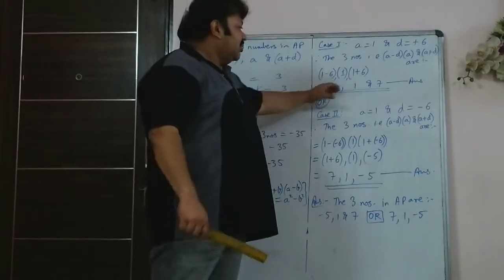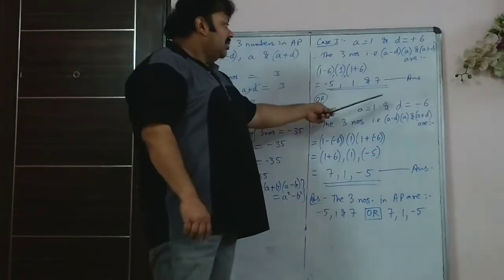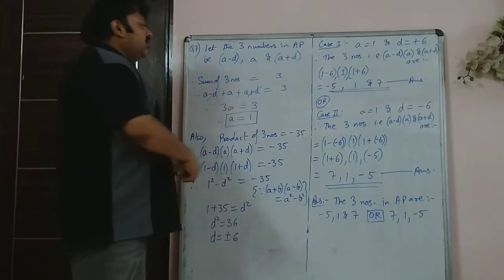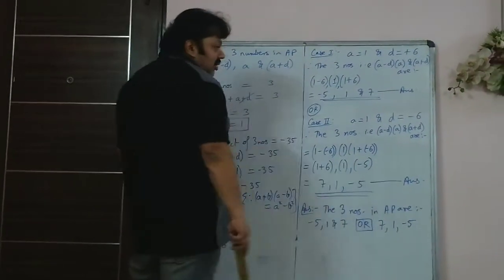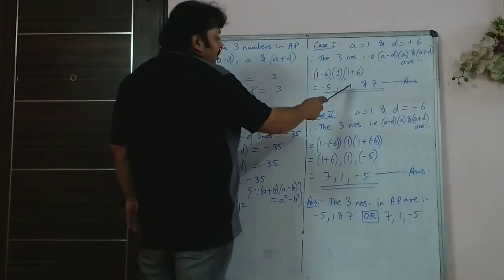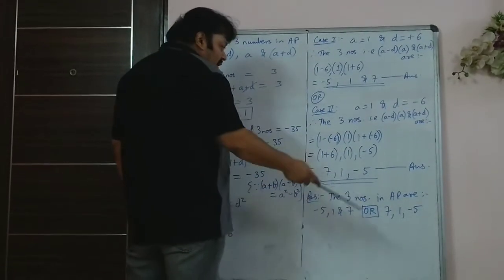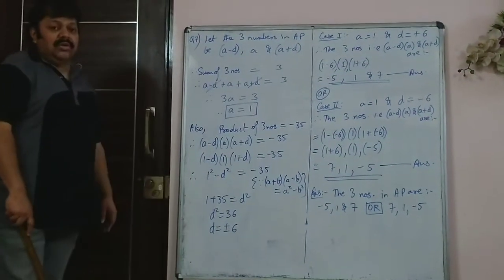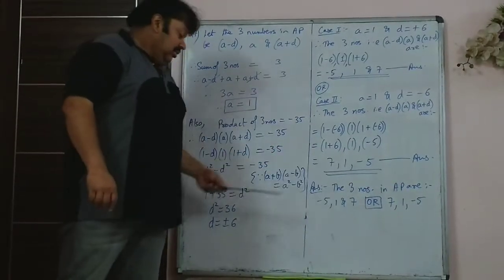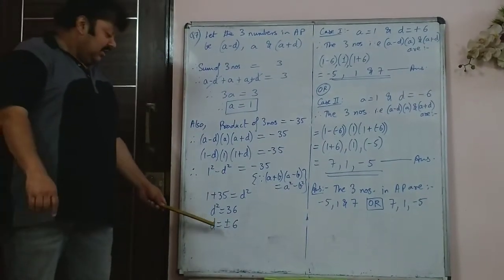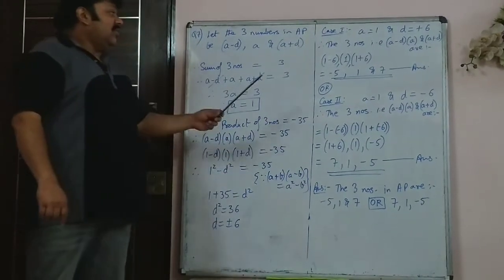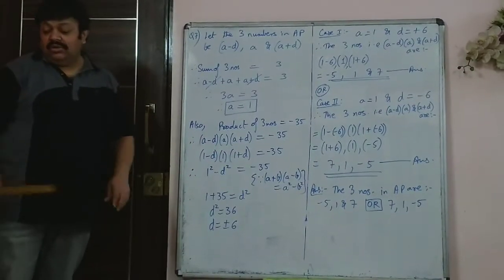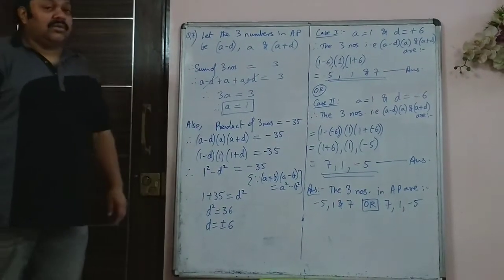Always you will see that if this is minus 5, 1, 7, the next set of numbers, that is when you substitute minus 6, it will be the reverse, 7, 1 and minus 5. So both those should be written, that the three numbers in AP are either minus 5, 1 and 7 or 7, 1 and minus 5. These are the two possible combinations and both have to be written because d could be plus and minus 6. Here if you don't write plus minus 6, if the sum is for 4 marks, you will definitely lose 1 mark because you have not found the two options. So write this down, we go on to the 8th sum.